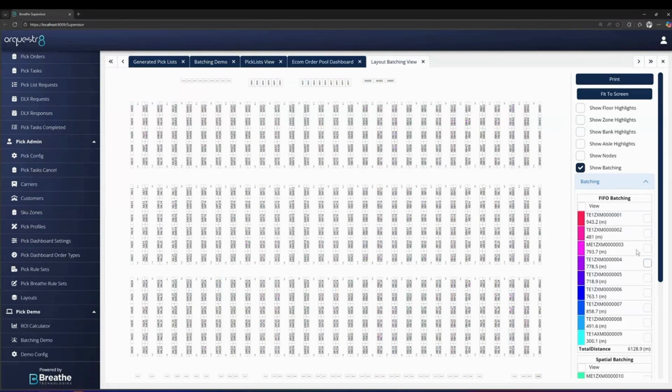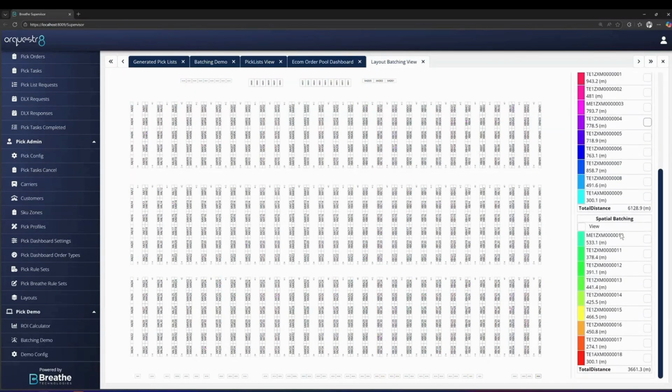that have to be visited to complete that pick list. If I look at our spatially batched ones, if I look at all of them to start with, what you should be seeing here is almost like a rainbow spread, a much more ordered collection of colours, which helps us understand that